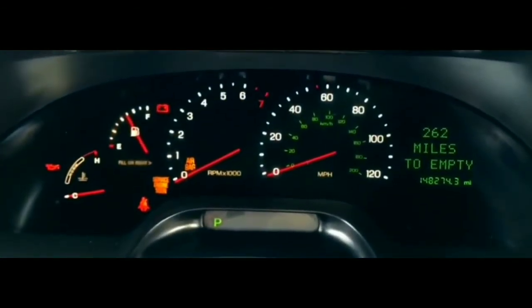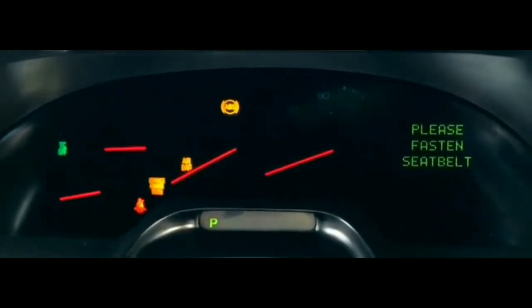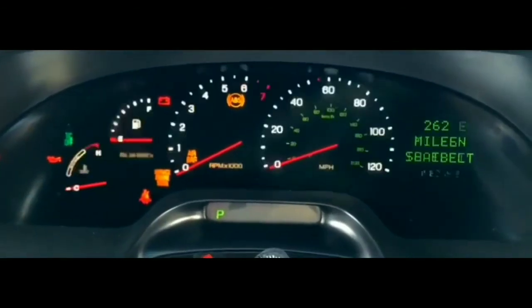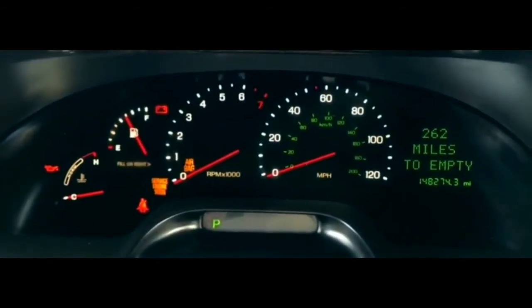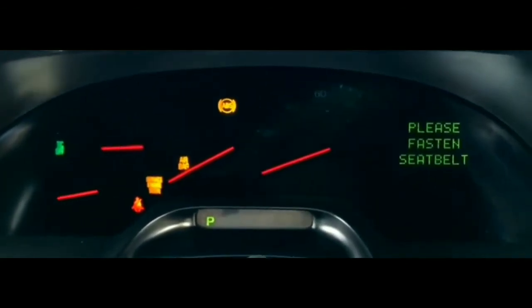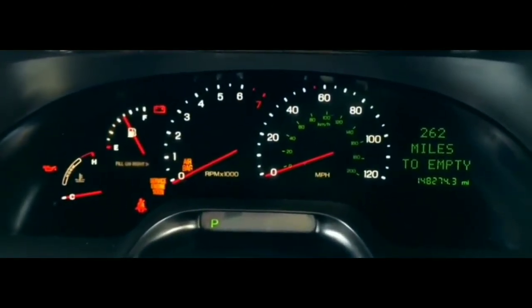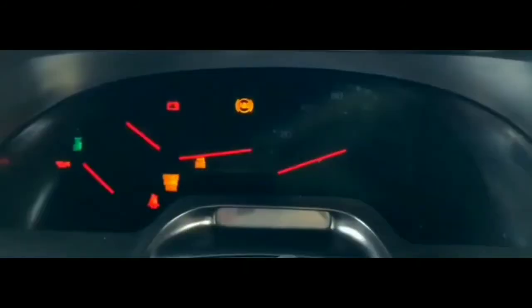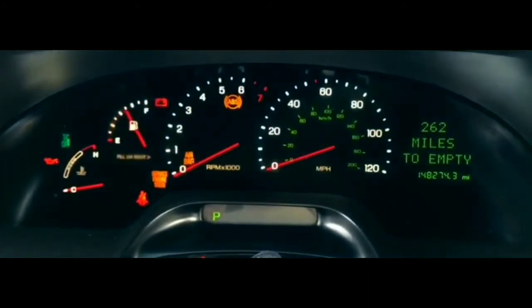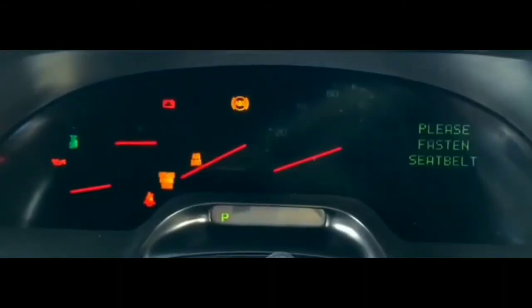I've tried turning the key, I tried starting it so many times, but it's not doing anything. This is new to me. It'd be one thing if I had this situation come up before, and then it started up after a couple tries. But the car's been running great, no problems whatsoever, and this happens out of the blue. So unfortunately, I'm gonna have to